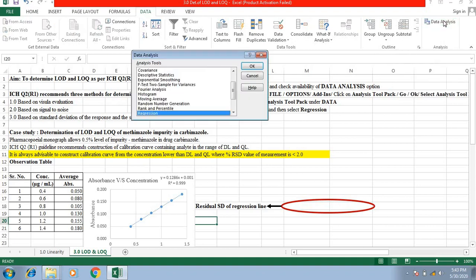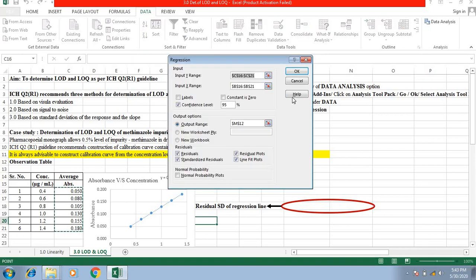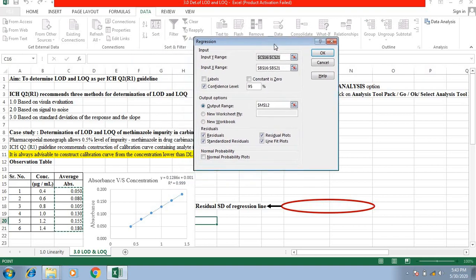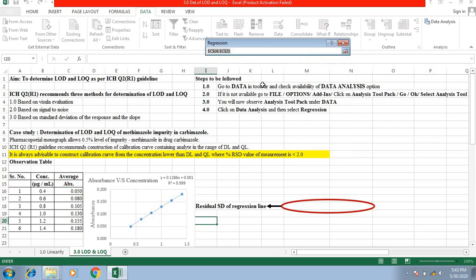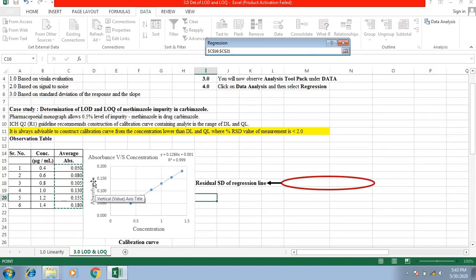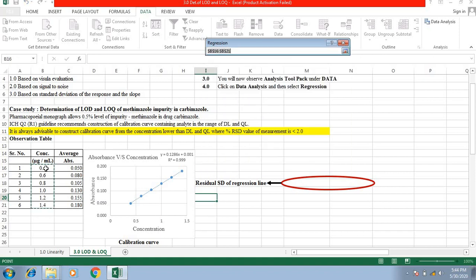Now you click on data analysis to process the data. Among these available options, you need to click on regression, say OK. Here you need to fill in the values. You need to provide a Y range. For that purpose, click here and select the average absorbance. Why? Because absorbance is on the y-axis. Click here, then give an input of X range. Go here, these are the x values. Why? Because concentration lies on the x-axis.